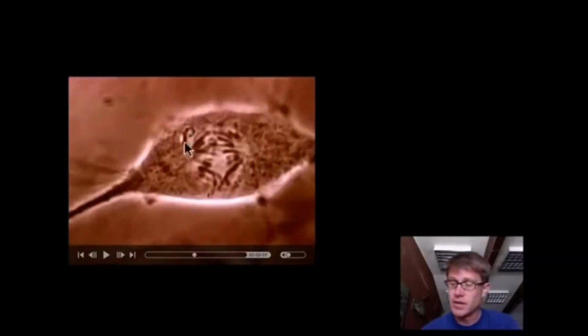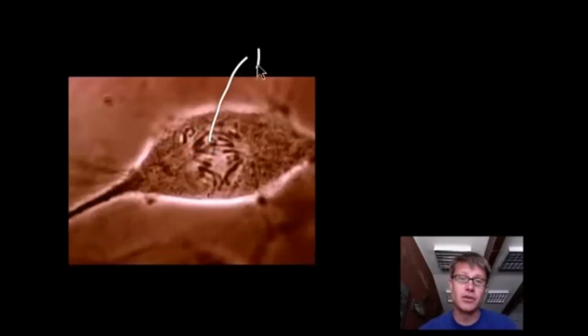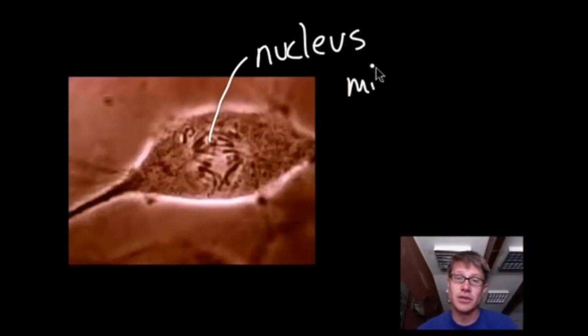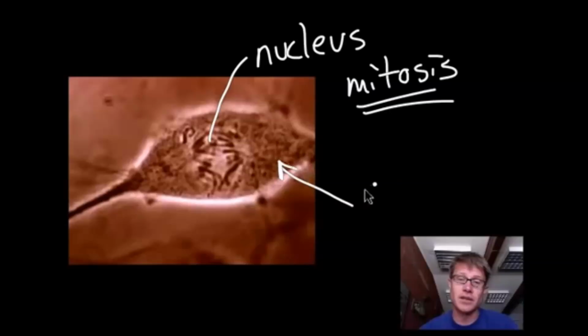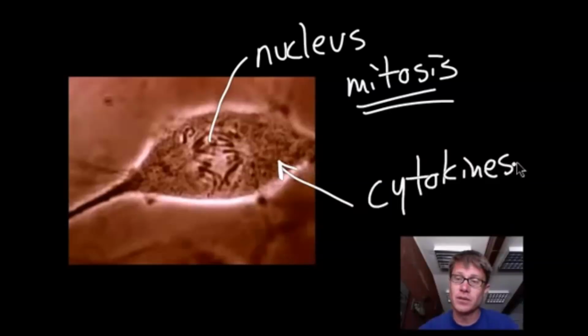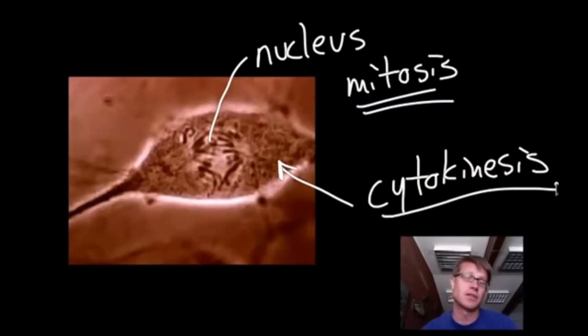And so the cell division actually has two parts to it. Part one is going to be the division of the nucleus. And we call that, in general, mitosis. And then after we've divided the nucleus, you'll see the chromosomes actually separate here. Then we actually have the division of the rest of it, and that's called cytokinesis. Cytokinesis is the break apart of all the other parts of the cell. So the machinery of the cell, the mitochondria, cytoplasm, things like that.